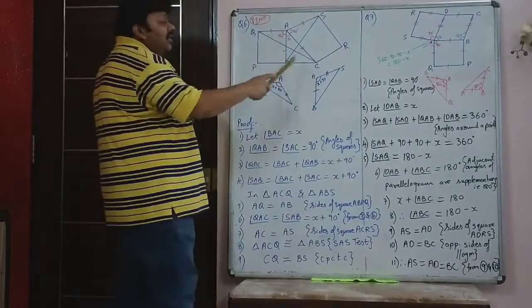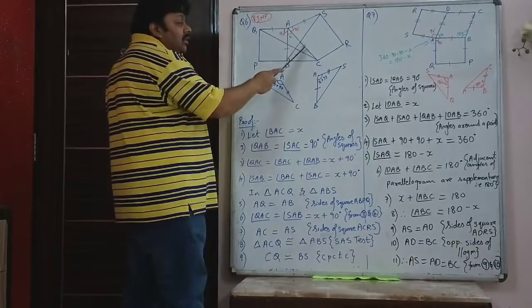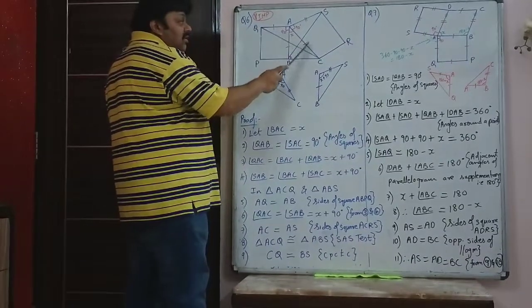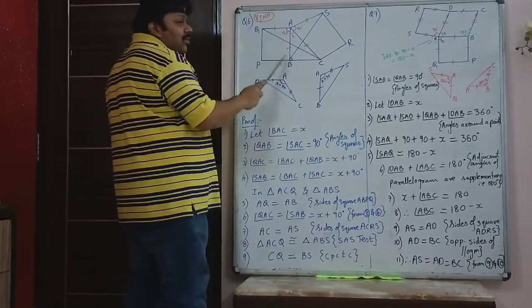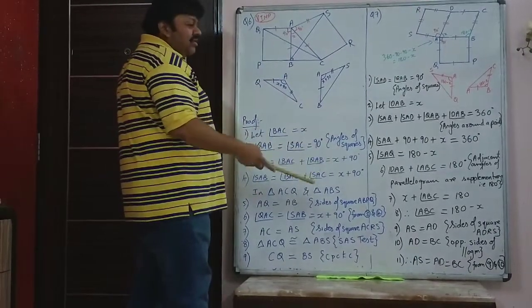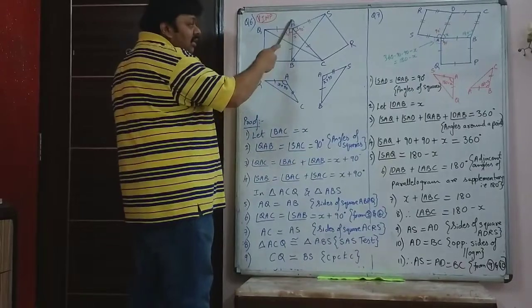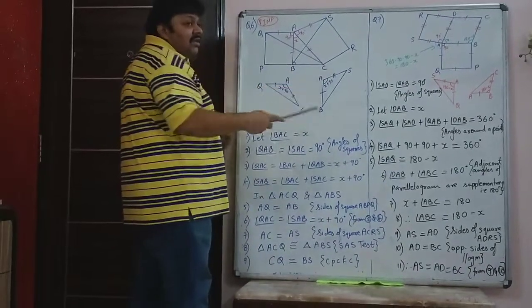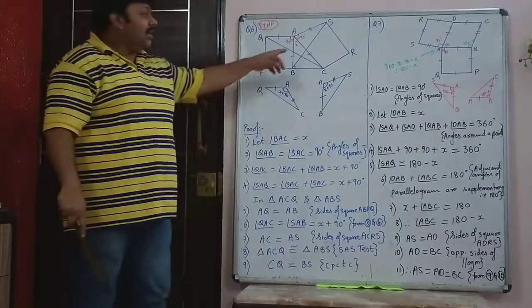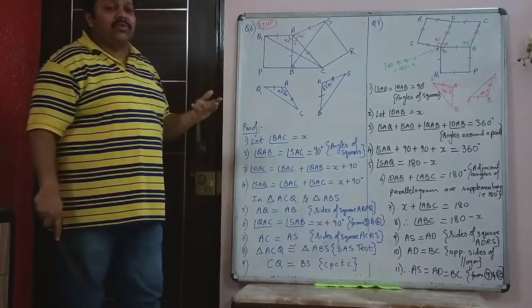When you draw the figures, it is very important to draw the equal sides of the square. This is separate and this is separate. And no one told you that AB is equal to AC. Obviously it can't be equal because it's a right angle triangle, AC is the hypotenuse. So AC has to be more than AB. You can't take this and this with the same symbol.